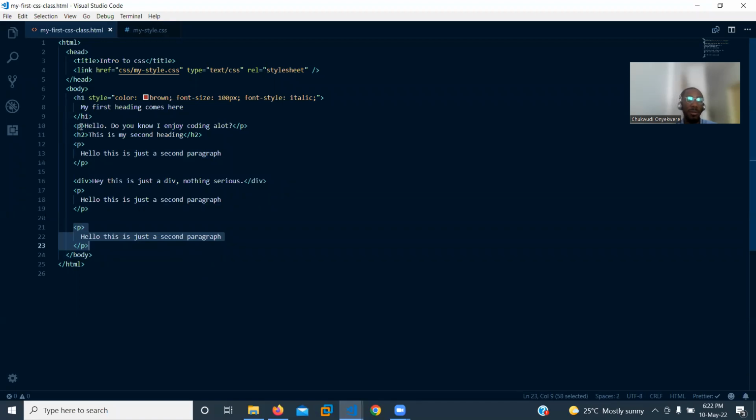So this is what I'm going to do. Because it's now more than one, I don't get to use an ID, I'll have to use a class because I want to style more than one. I want to give a style to more than one element. So I'll give this one, let me call it new